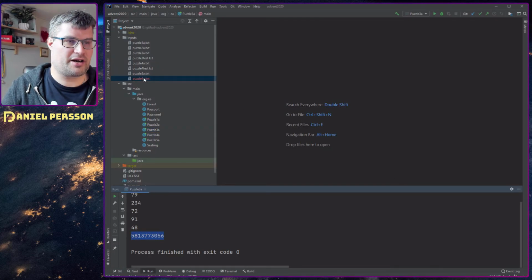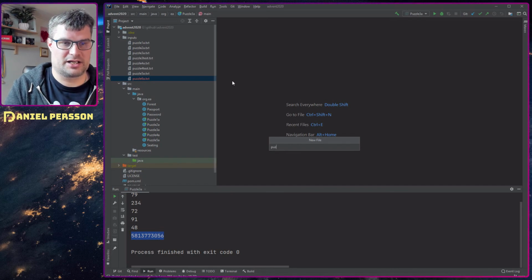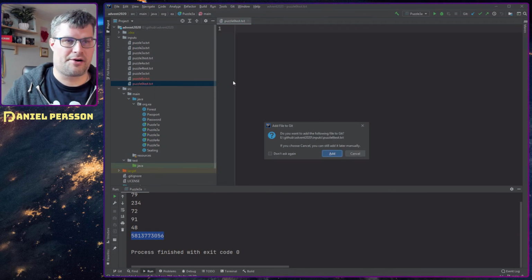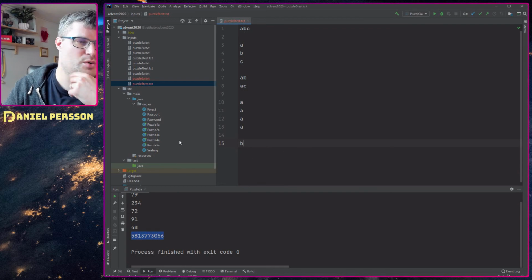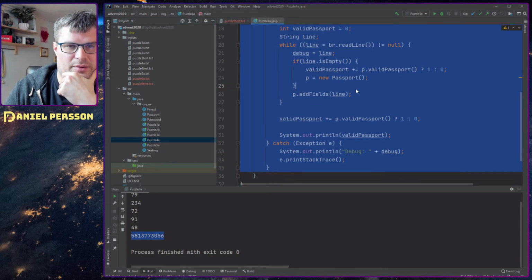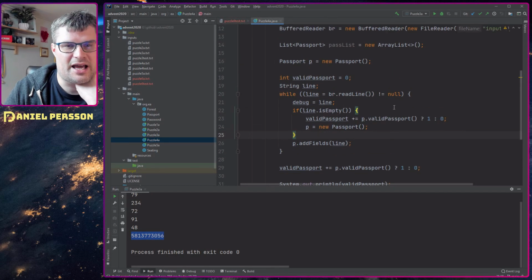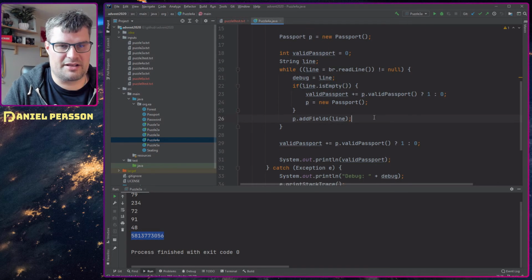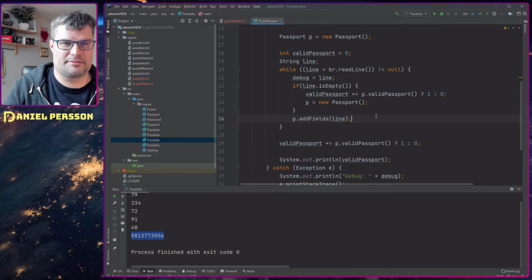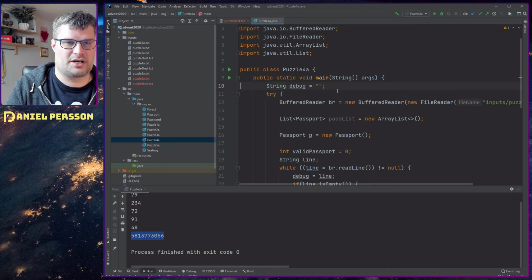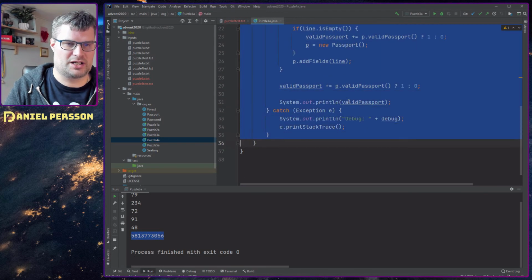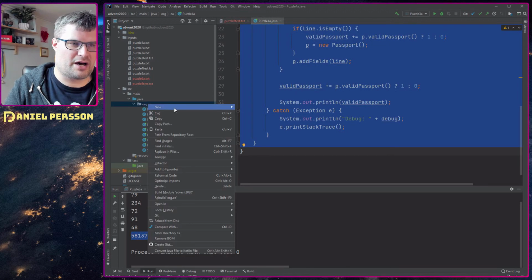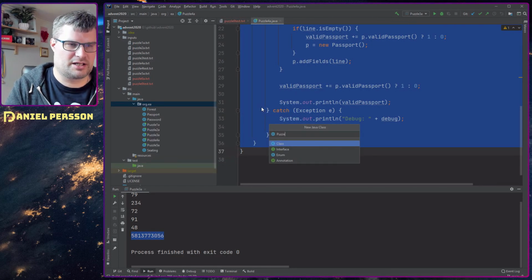So let's switch over to the code here. We will create a puzzle 6 test.txt and put that in there as we usually do. And then we had one of the puzzles where we took everything but empty lines. So this line is empty, and then we will skip that line and take the next field line, creating a new passport in this case. So I think that we should just copy everything here. We can copy the main function as well, because we will reuse this for our new class,